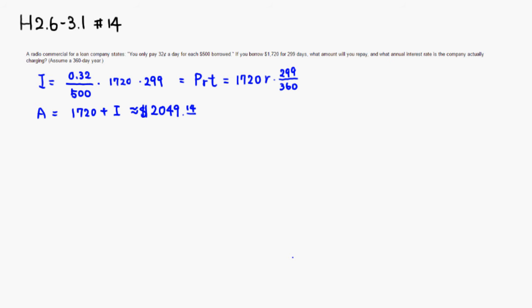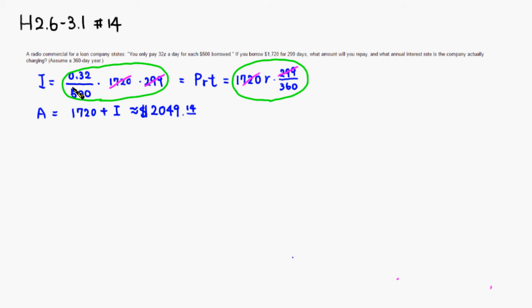First thing we do is compare this right here and that. They're a bunch of the same thing, so I'm going to cancel those out. I'm going to divide both sides by 1,720, so cancel those. Then we have 299 too. Divide both sides by 299. In order to isolate R, we just need to multiply this guy by 360, which makes a lot of sense, because here this is the rate,